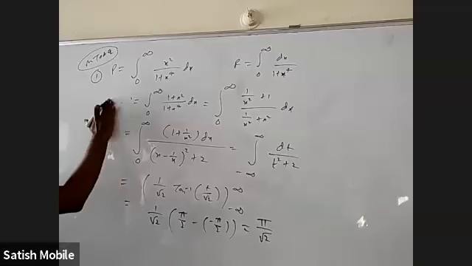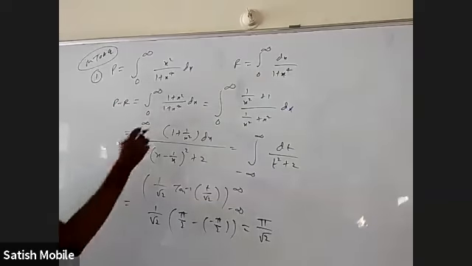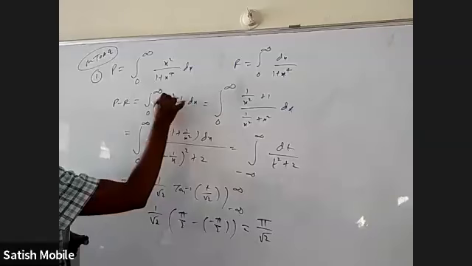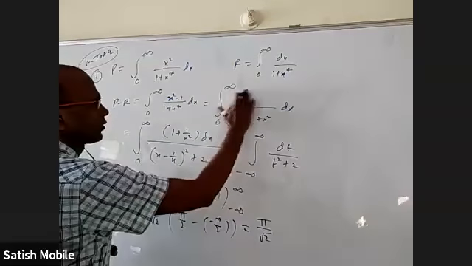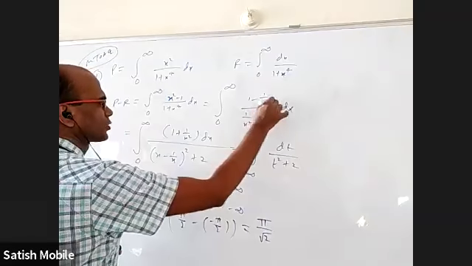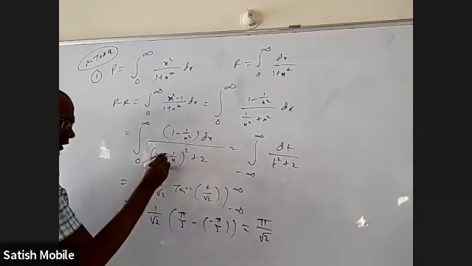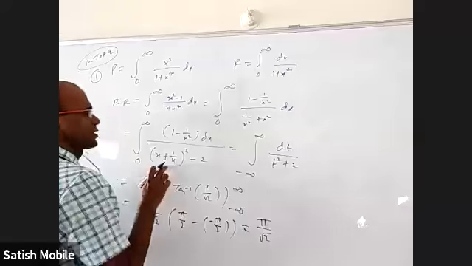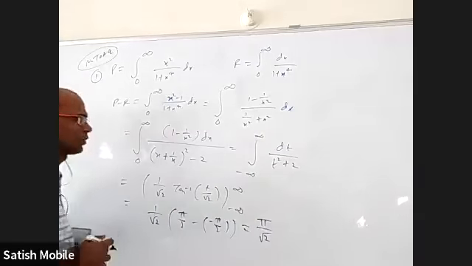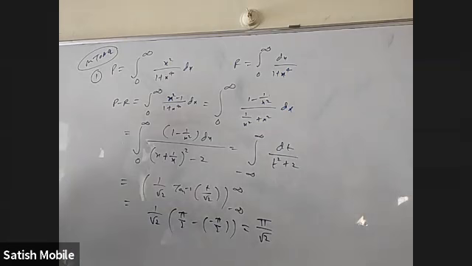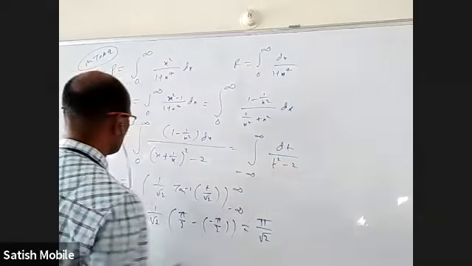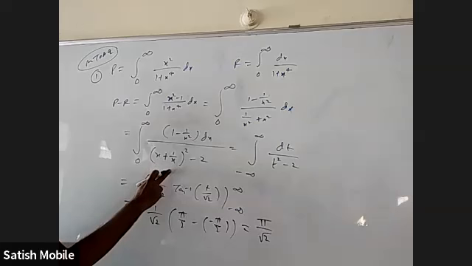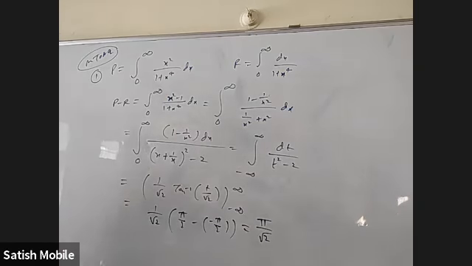Okay. Now if I try to find P minus R, I'll get here x square minus 1. When I divide with x square everywhere, it will be 1 minus 1 by x square. Now I have to take x plus 1 by x whole square minus 2. And I can take this as t, this will be dt by t square plus 2, but the limits will be, this looks like from infinity to infinity, but try to see carefully what is happening. At 0, this is becoming infinity. At infinity also, this is becoming infinity. So it is not that. Or is it 0?